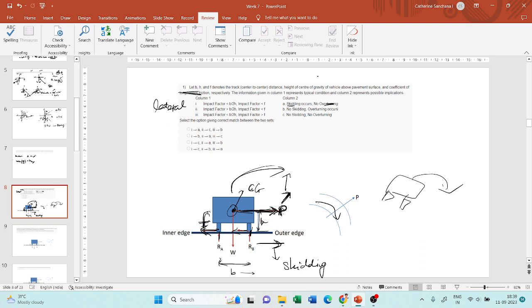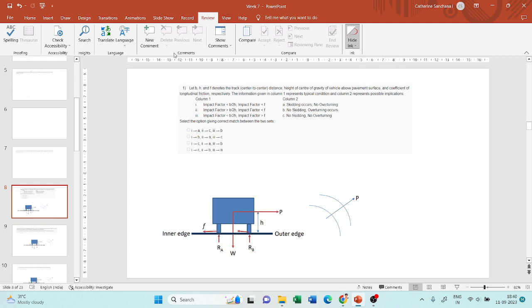Now I told you this happens when the forces are not balanced, when the forces acting on this vehicle are not balanced. If the forces acting on the vehicle are balanced, then this can be avoided. So first we will see how the forces are acting and how the forces need to be balanced. Okay, so we saw for skidding,